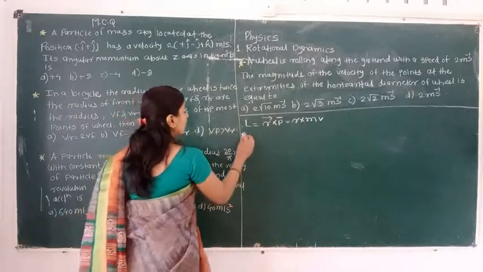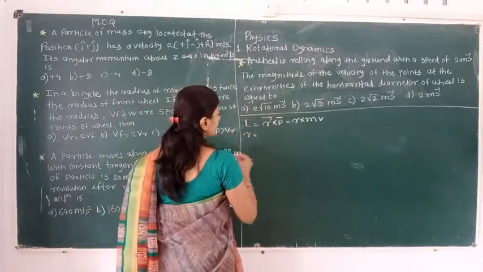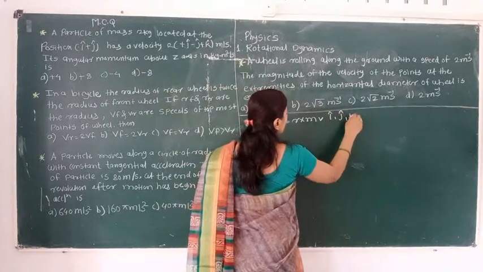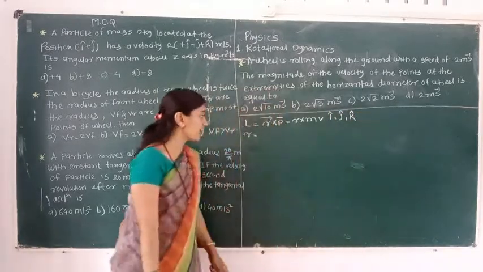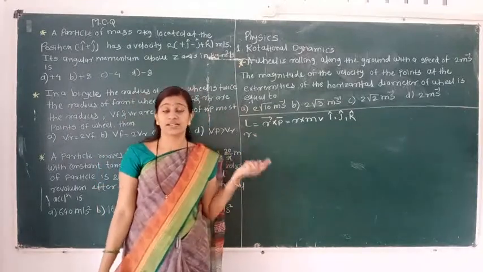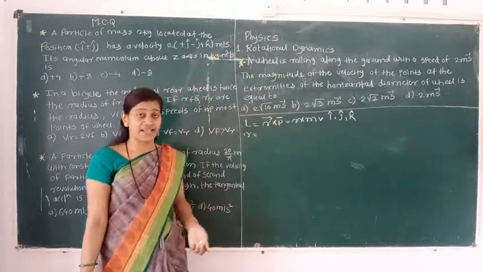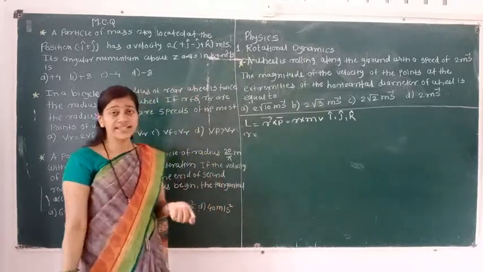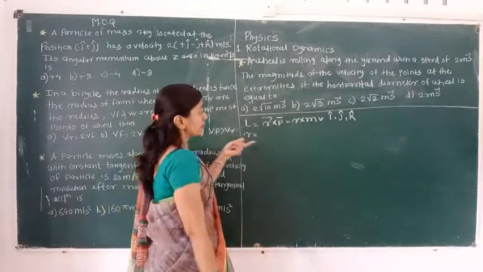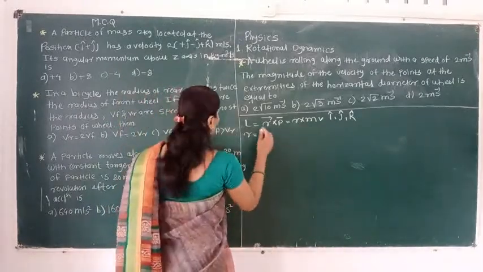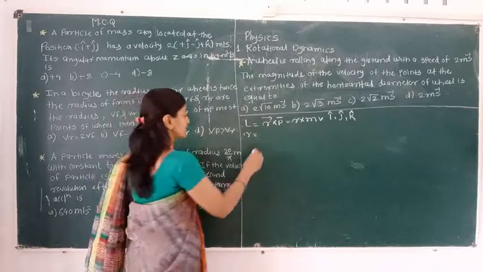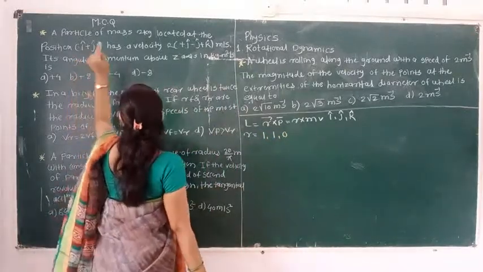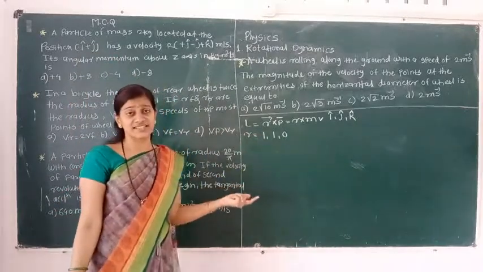If we are finding the coordinates of r, here we know i cap, j cap, otherwise we can say i bar, j bar, k bar. These are the unit vectors along the x axis, y axis, z axis. Already in 11th standard we learned about the vector product and the scalar product also. So the given values of r along x axis, y axis and z axis are 1, 1. For k, there is no coordinate, so along the z axis it is 0.